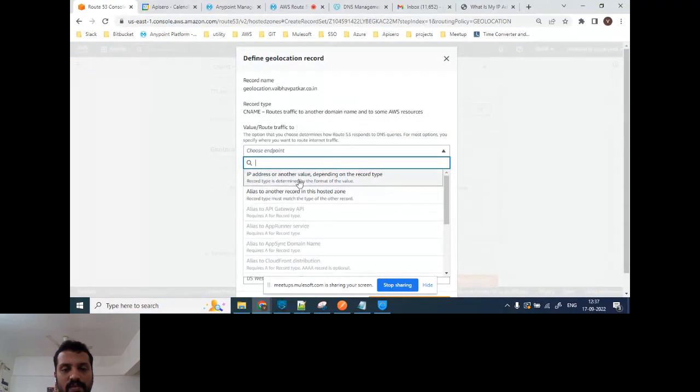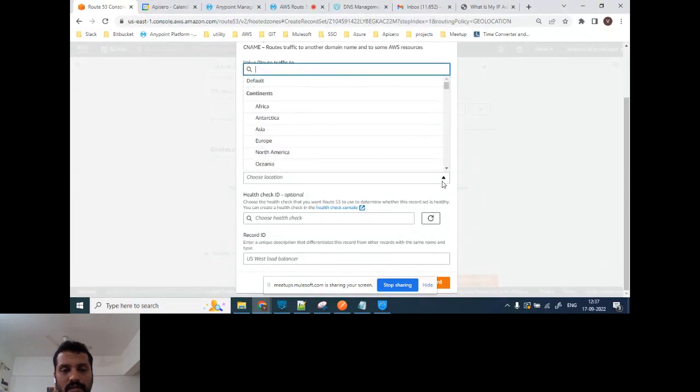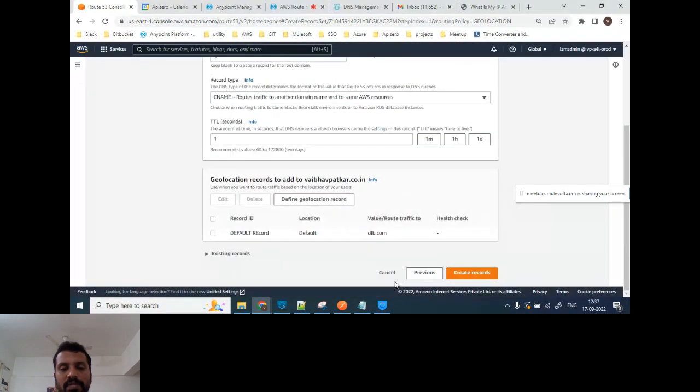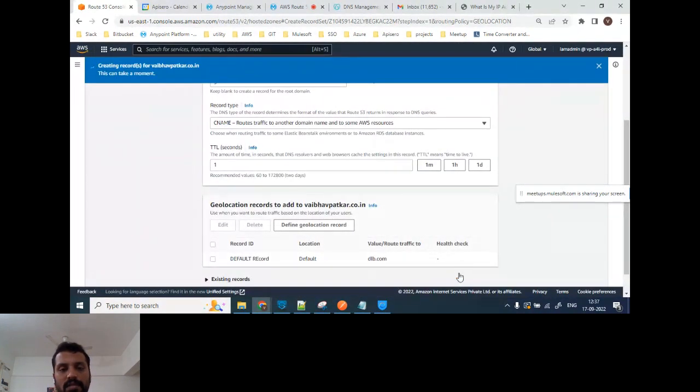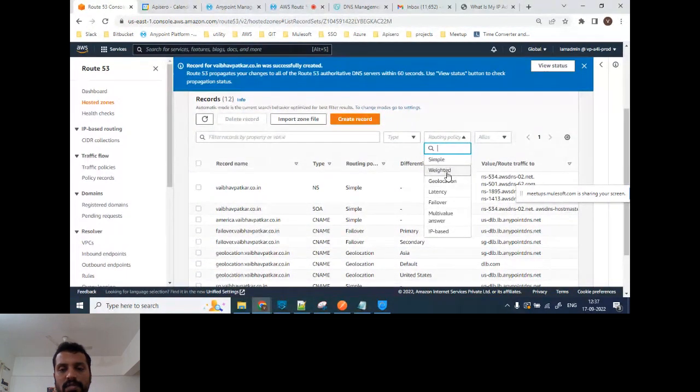Let me see if I can find it somewhere. I'll just take an example value over here. Yeah, this is the value. Let's say this is some DLB, just an example I'm showing for this record. What I'm saying is that this will be the default record. I can just mention it default. And I can point it to any DLB or any system, but I'm just showing a sample here. Default record, create records. So what this does is, if I filter by the routing policy, geolocation,